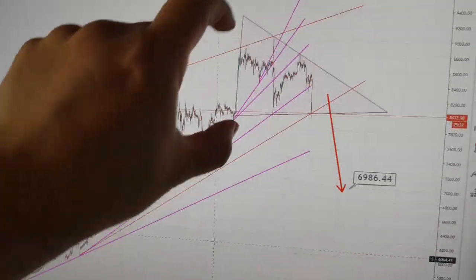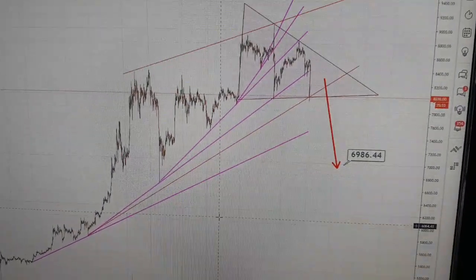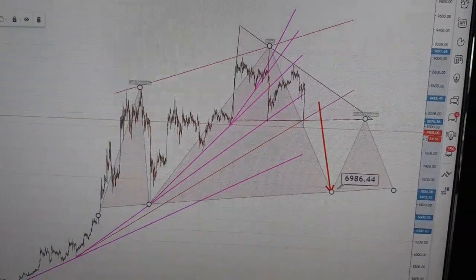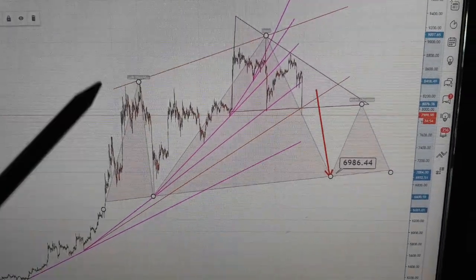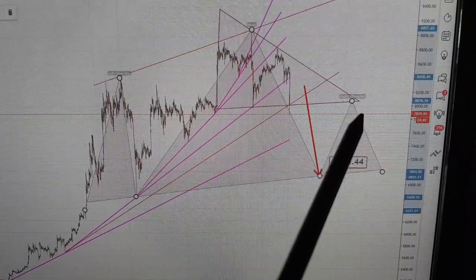Now that this guy's out of the picture, we're only looking at this. It's going to drop to about here. But here's the trouble with that dropping to there. Yep, you didn't see that coming, did you? If we do drop to here and we get a nice bounce up to here, we're still going to fall,